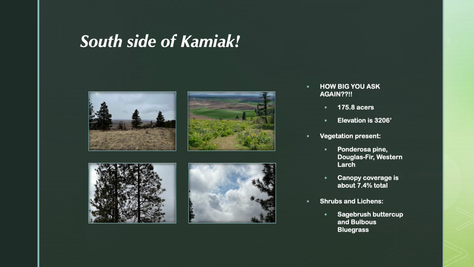Now moving on to the south side of Kamiak Butte. This side of the butte is about 175.8 acres with an elevation of 3,206 feet. The vegetation present ranges, but is not as diverse as the north side. So here we have a lot of ponderosa pine, Douglas fir, and western larch, but most of this is covered